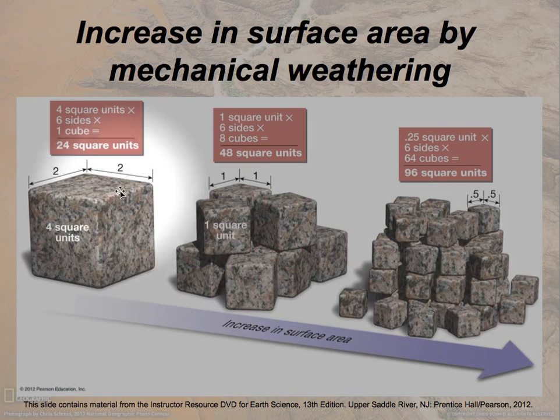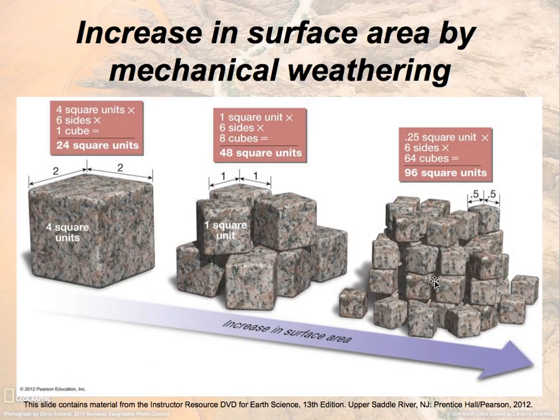If you were to weigh this rock in this example and weigh these 8 pieces of rock and weigh these 96 pieces of rock, they would all weigh exactly the same. So it's the same amount of rock in terms of mass or weight, what we often think of as weight. Exact same amount of rock. But as the example shows, the amount of surface area, the amount of rock that is exposed to chemical or physical or weathering agents, that is the amount of rock surface that we can see with our eyes, is much